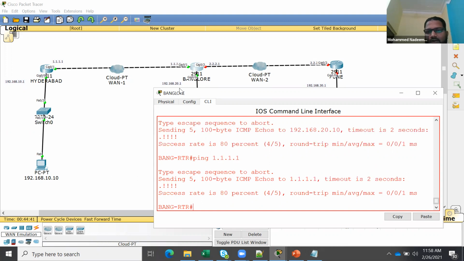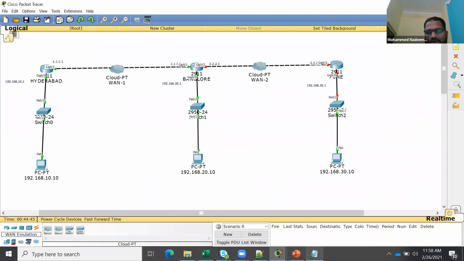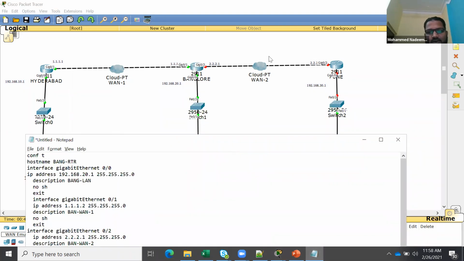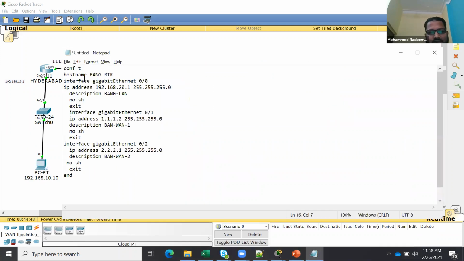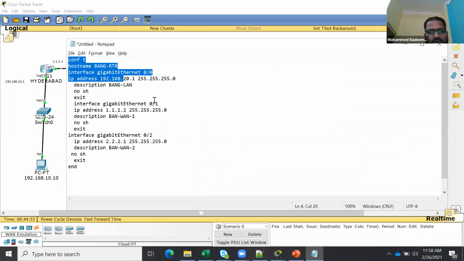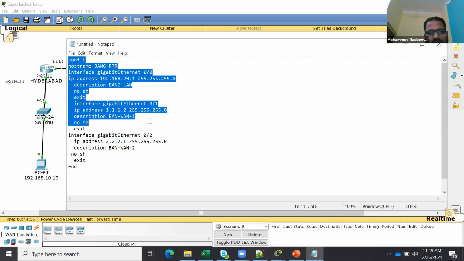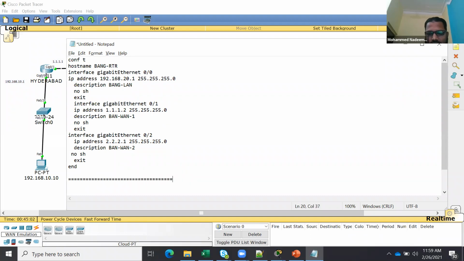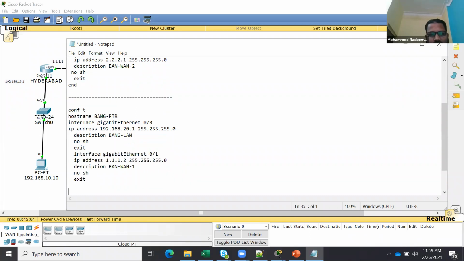So now what is left? Pune router is left. So again, I'm going to use Notepad. If I go here, I have 0/0 and 0/2, two interfaces. So I'm going to take these two interfaces. Now I will say which router it is: Pune router.